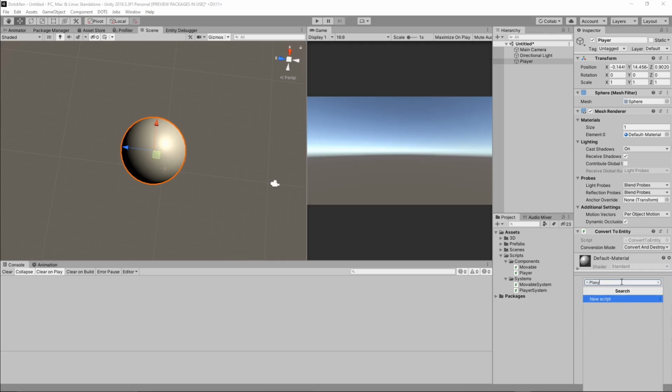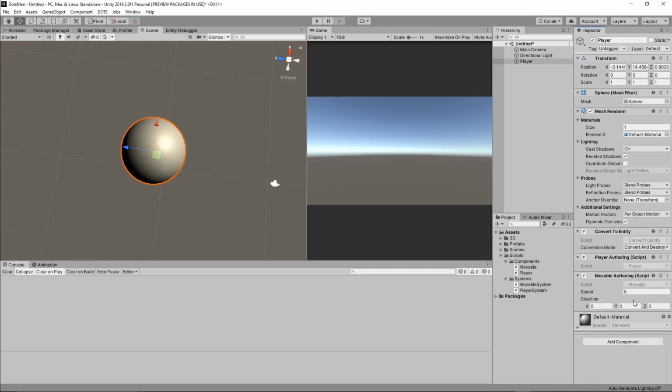I'm going to add the player component and the movable authoring components. I'm going to set the speed to about 4, perhaps. And I'm also going to add something new. So we've got